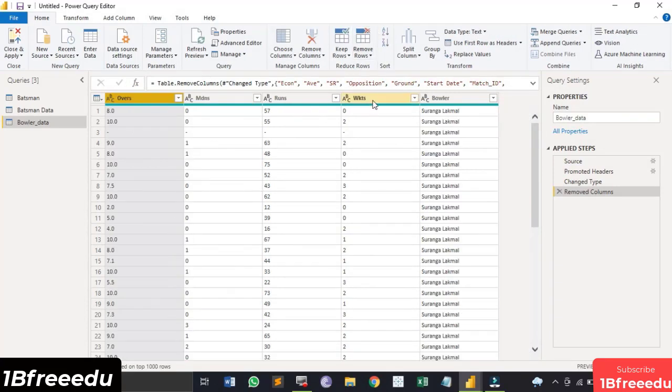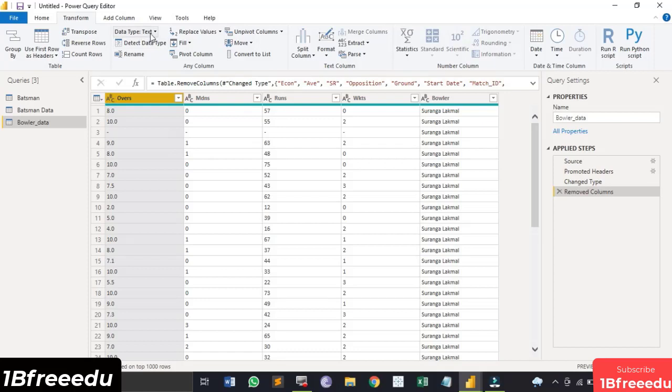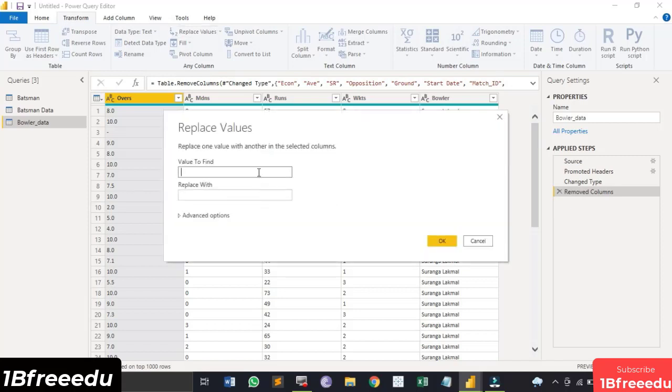Okay, now let's just replace the values for all of them and provide a 0 for these hyphens. In the case of the overs, we want to provide 0.0. So let's just go to the replace values option and replace it with a 0.0.